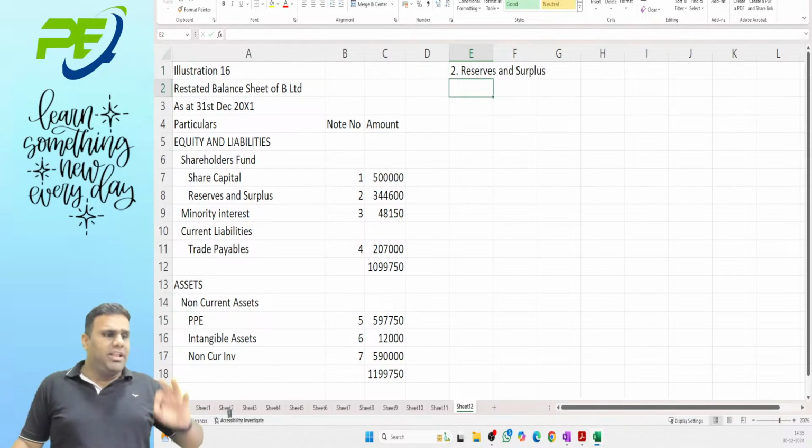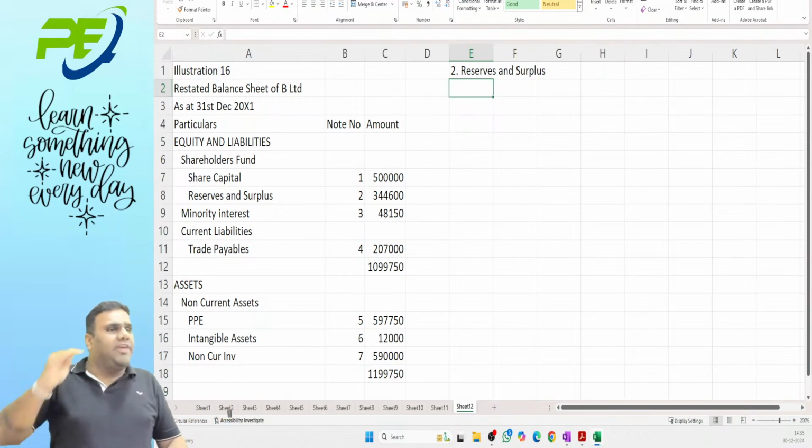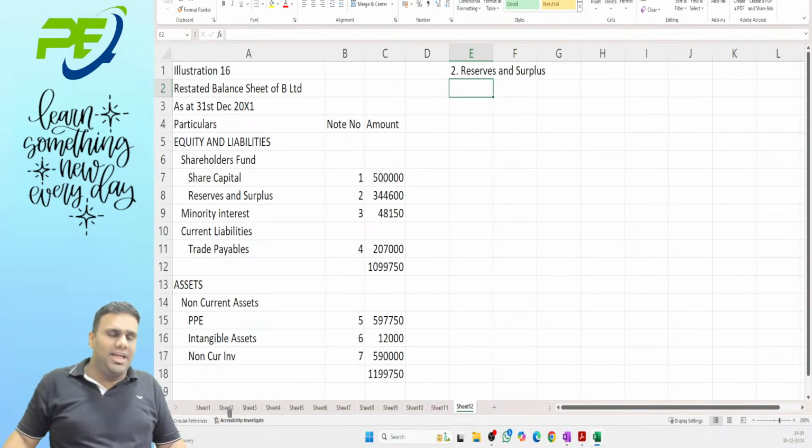Reserves and surplus. This will undergo a drastic change, because every item has the other leg in P&L. See, if you increase the provision, Nimita,